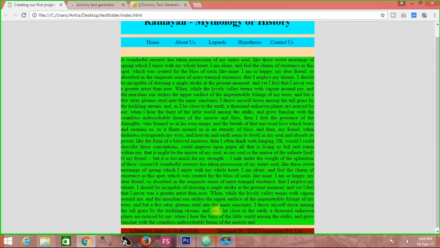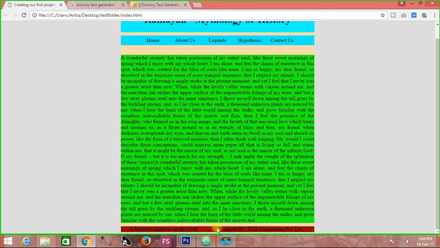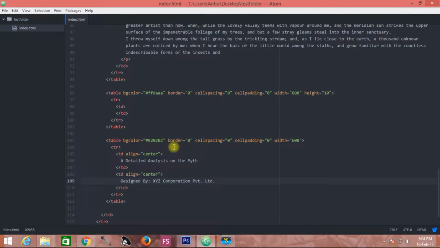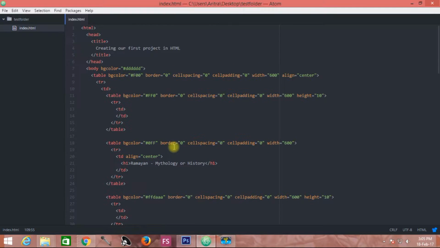Now the matter of fact is, all you need to do first is to remove these BG color properties that you have provided so far to distinguish between these individual content tables over here. So the very first thing is to remove those background BG color properties over here.